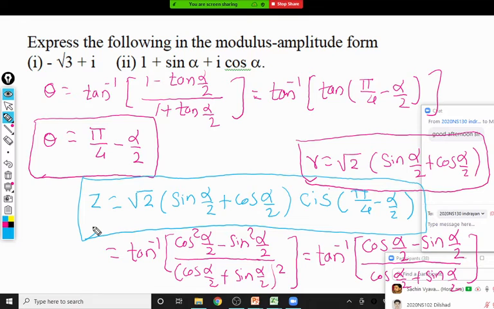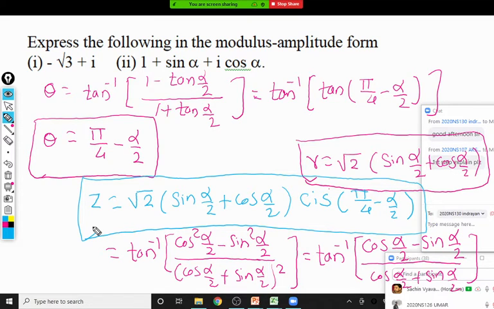Yes, any doubt there? This question is mainly based on trigonometric identities. If you are good in the trigonometric identities that you learned in 11th and 12th, you can get it quickly. You should at least remember which identities we are using, and write them separately on one page. Here I'm using a few identities like cos 2 theta, sin 2 theta, tan a plus b, tan a minus b. Such identities we used in this question.